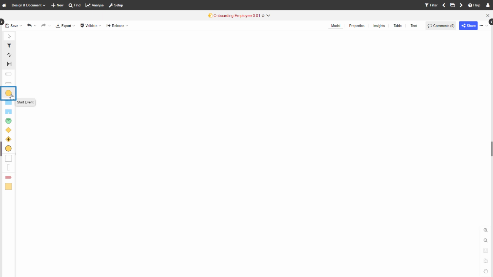To start your process diagram, select the Start event from the modeling bar and drag it to the canvas. Then, enter a name for the Start event that clearly indicates where the process begins. Smart Hover appears around your object to offer the most common modeling objects, which are most likely to follow next.